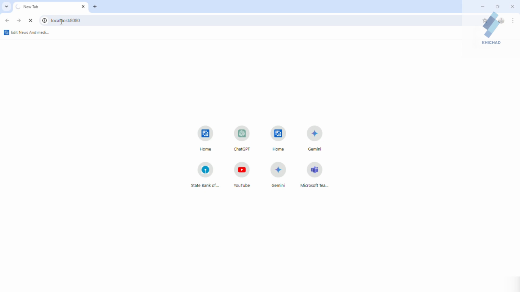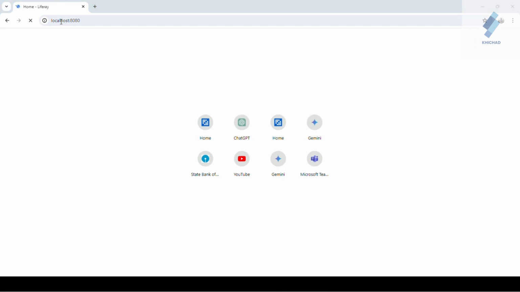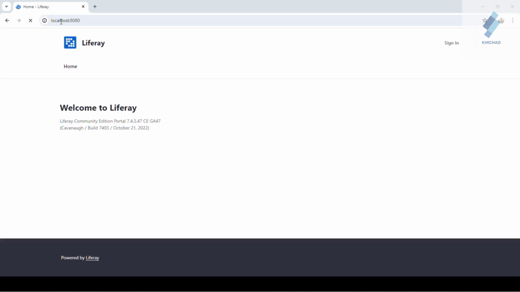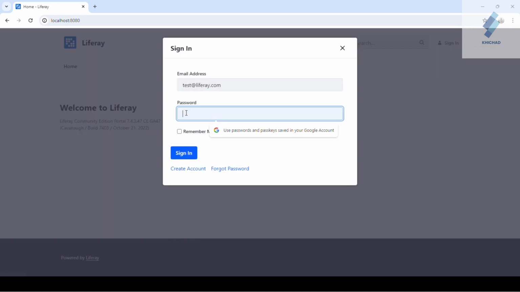First we need to use the old login server credentials. First, you need to refresh the Liferay server browser and log in to the Liferay portal using the login credentials.